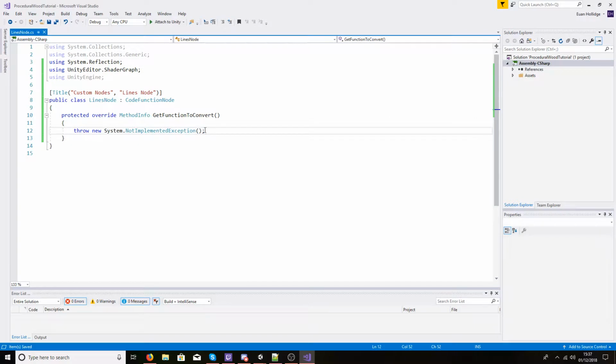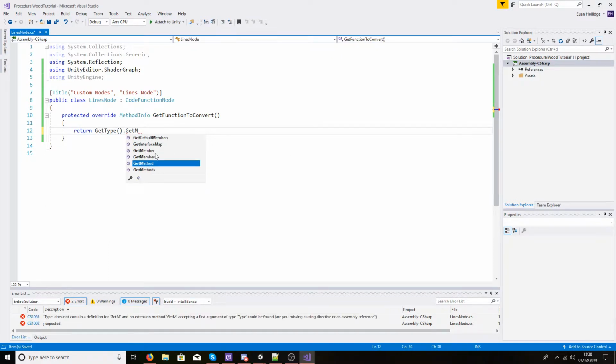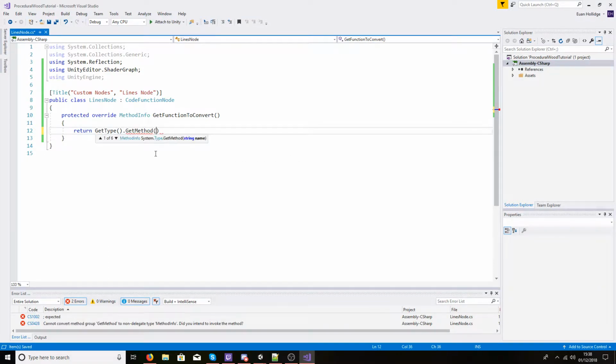Now here is where we're going to have to declare the method within the class that is going to have our custom node's function in it. So we need to return get type, get method, and then here is the name of the method. So I'm just going to call it lines node method, call it capital E, and then